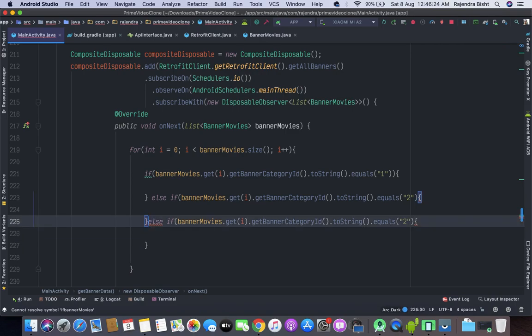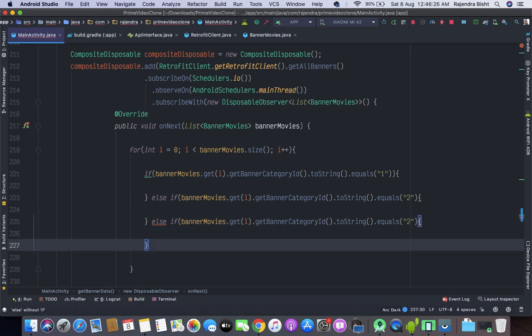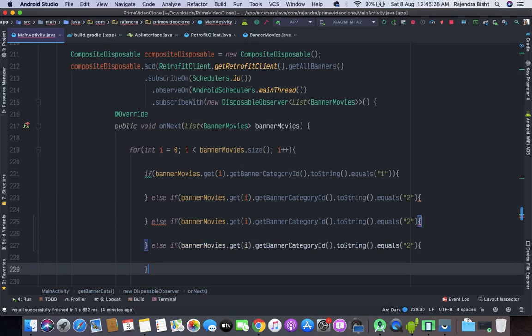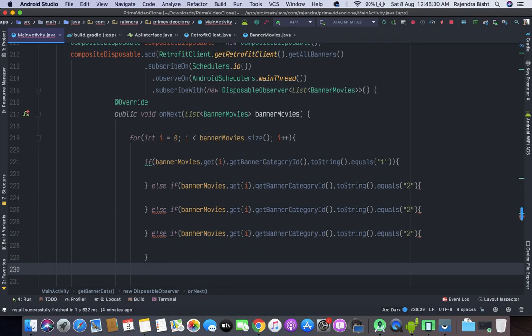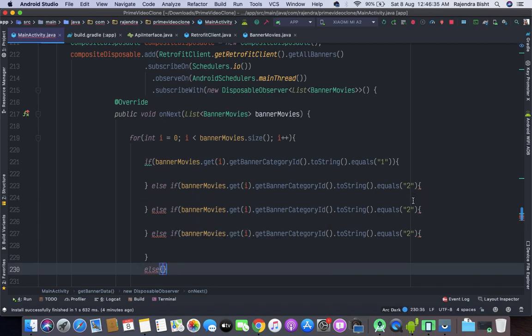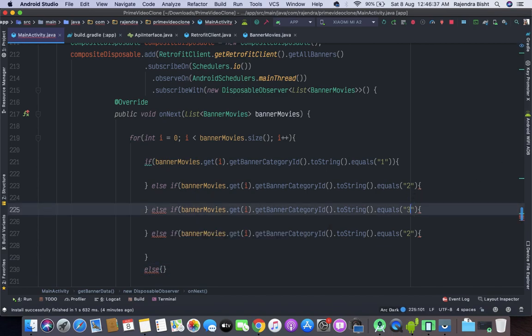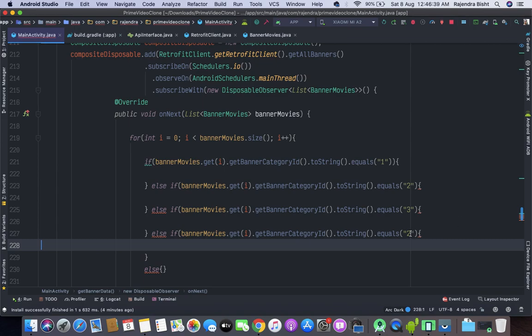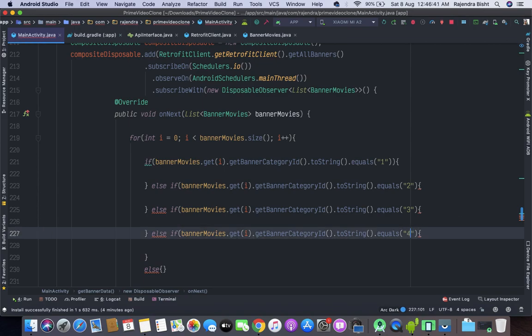Similarly for category ID 3 and category ID 4, and else.